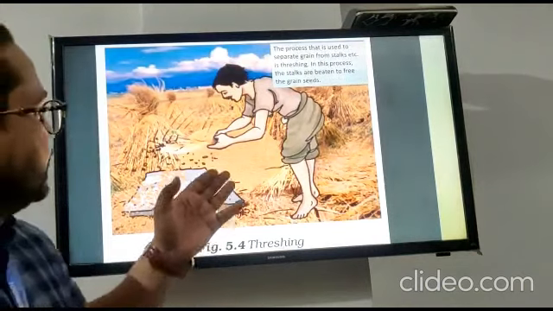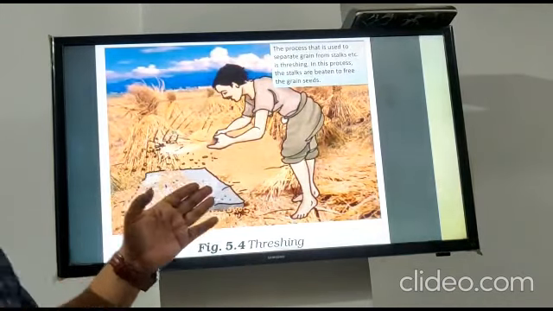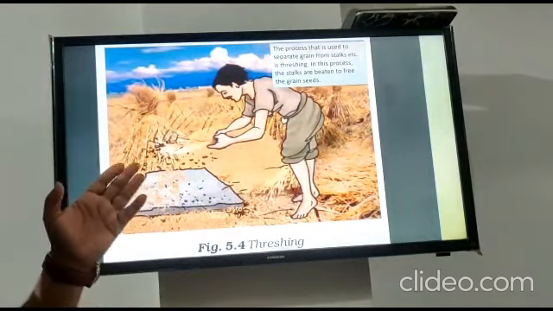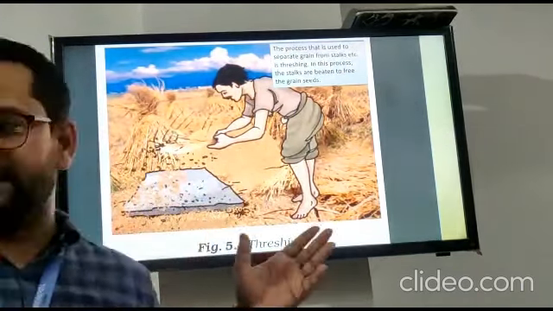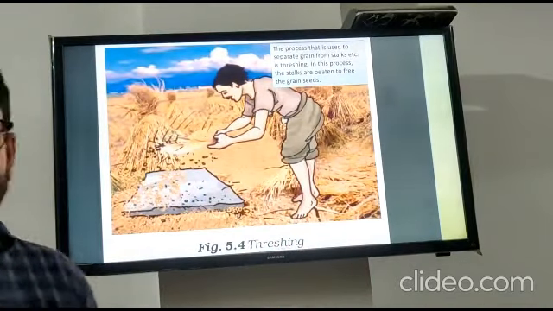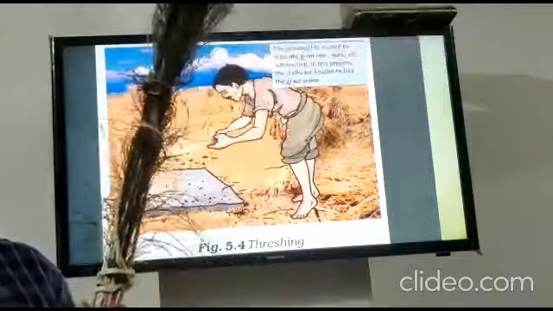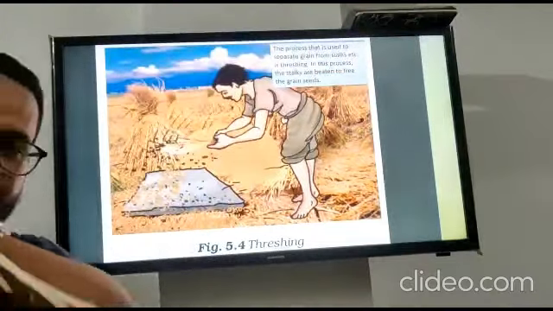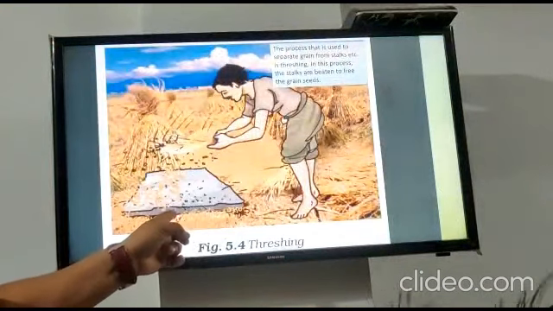You can see the farmer does the threshing. The process that is used to separate grain from stalk is called threshing. In this process, the stalks are beaten to free the grain seeds. Okay, suppose that is the group of grains. You can see in the picture, that is a stone.